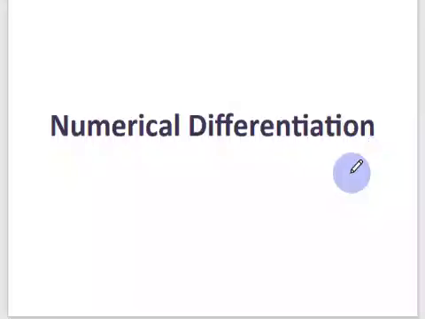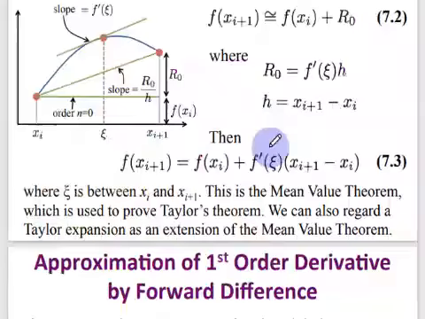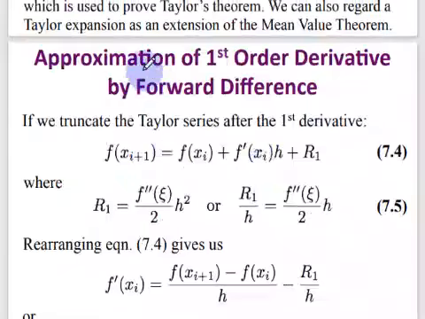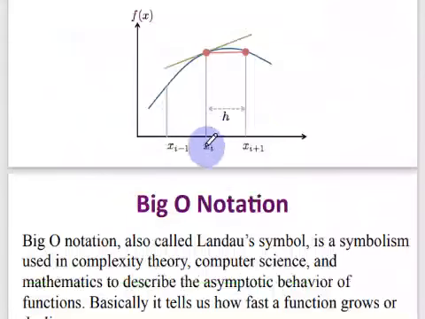Hey guys, in our last video we discussed numerical differentiation, right? We found an approximation to the first order derivative using backward and forward difference, right? So forward difference means, suppose you want to find an approximation of a derivative of f at xi,